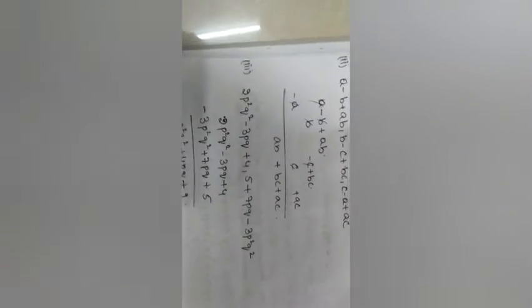Second bit: A minus B plus AB, B minus C plus BC, C minus A plus AC. First we write A minus B plus AB. They have given B here, but they didn't give C in the first bit, so we write separately minus C plus BC. Third, they have given minus A, so write minus A, C here and plus AC here. After cancellation we will get AB plus BC plus CA.